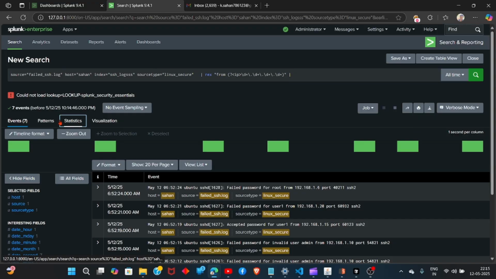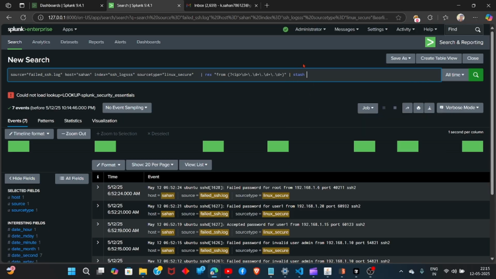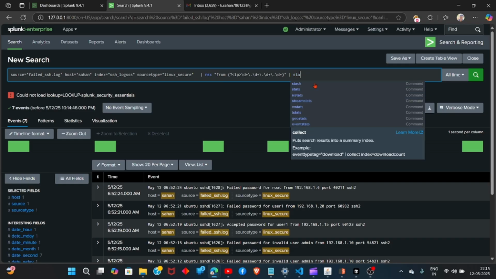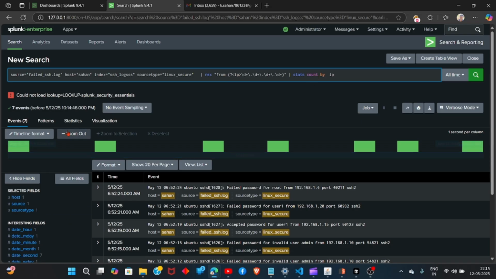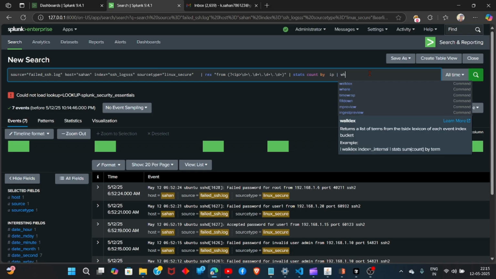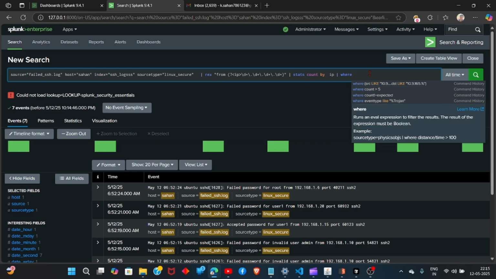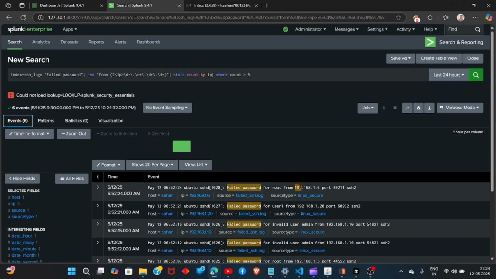Whenever we ingest a log file into Splunk, we write a simple search query in SPL. SPL means Search Processing Language in Splunk. We look for repeated failed entries in our SSH logs. Here you can see in the search tab, I write an SPL query. This query helps me to find the failed passwords,